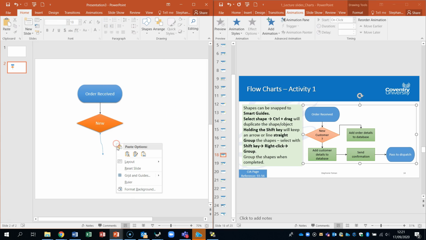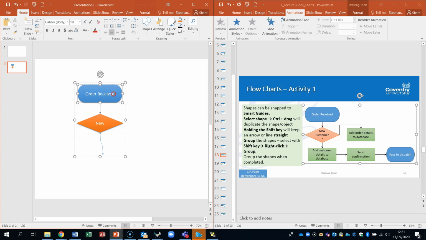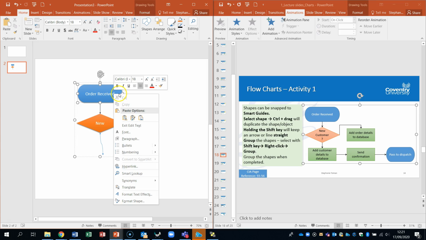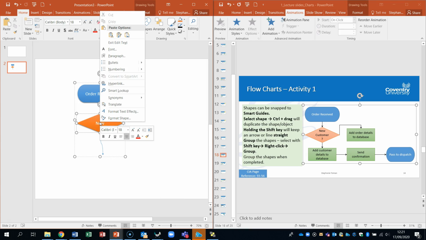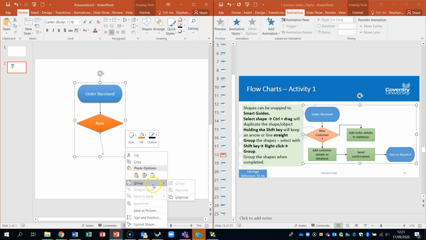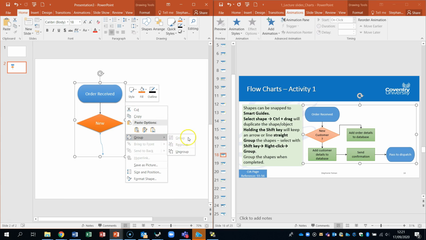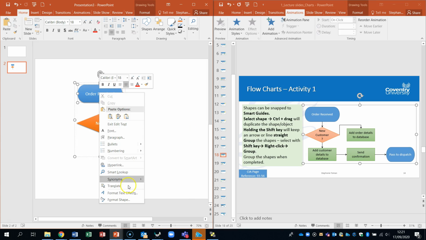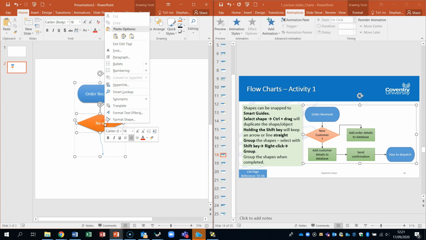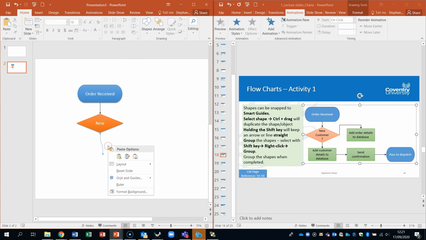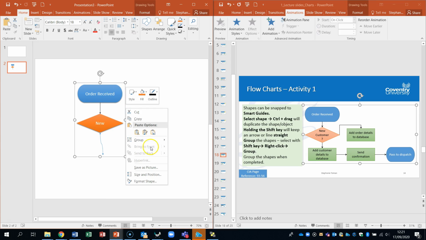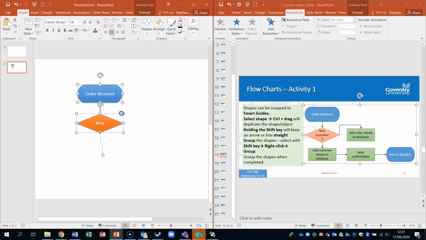So notice if I do it there, I get the grids on the guides. Here, I'm actually getting the colours and the numbering and stuff like that. But if I go into the right place, which could be on the edge of the group, and there it is. So notice that will bring up the grouping. You can ungroup. If you click there, you're going to get a different format shape. It's probably what it's getting at. And then if you can do different colours and things, if you're there, you get the grids and guides. So make sure you're on the edge. Group and group, and now they become